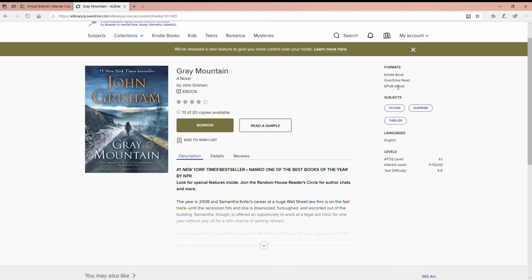So if you wanted to return it early, you would go to your Amazon account on Amazon.com and look for that title under Manage My Kindle, and you would be able to return it there. Items do get returned automatically, so you don't have to worry about returning it, but if you do finish it earlier and want to make sure it's released for somebody who might be on hold, you can go ahead and